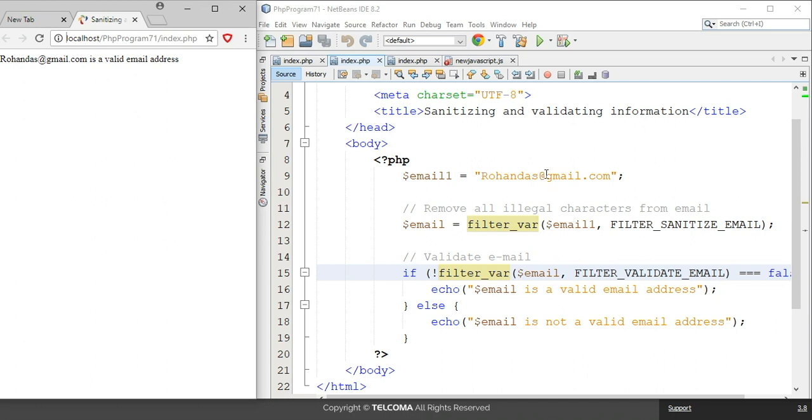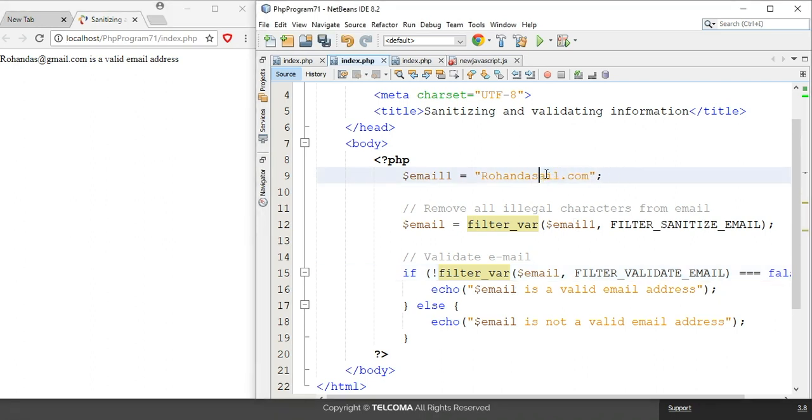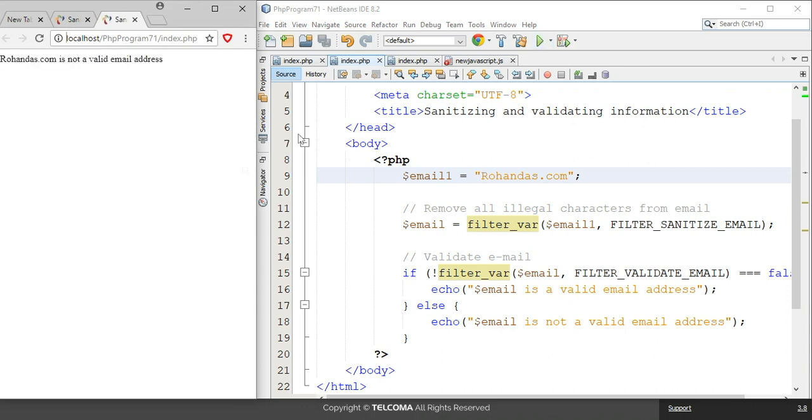If you remove this part from here, as I have added it, and now I save the program and run this program again, I click on run project, and now you can see that it's showing rohandas.com is not a valid email address. So it means it sanitizes as well as validates the email address,